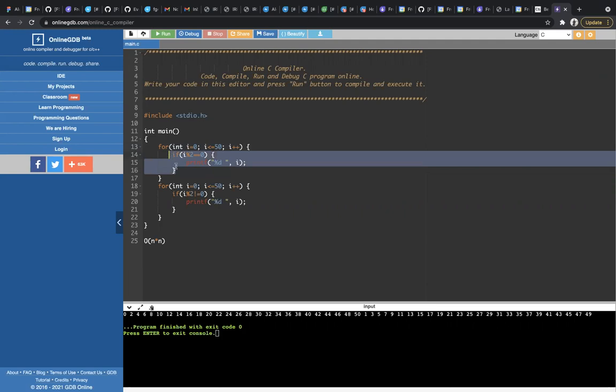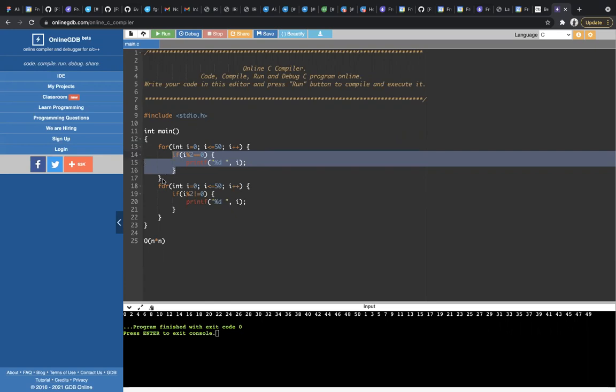I already told, don't check the statements inside the loop. Check just how many times the loop is getting executed. For the first time, 0, it comes inside and goes inside the if block. Next time when i equals 1, it will come inside the loop, but it will not go inside the if statement. You got my point?